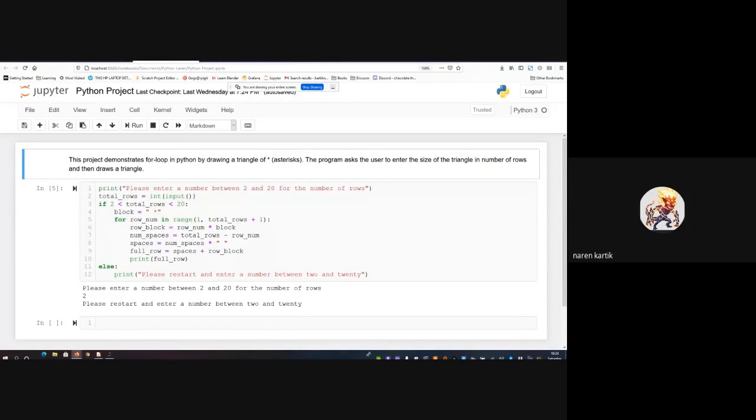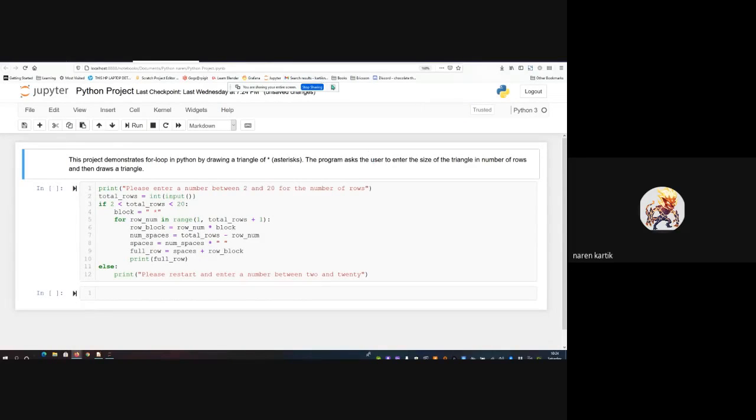Next, here's my code. First we ask the user for the input, which is: please enter a number between 2 and 20 for the number of rows.